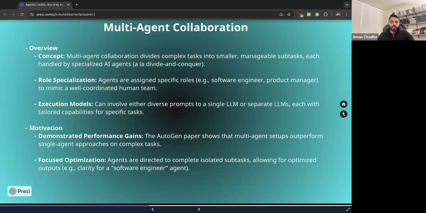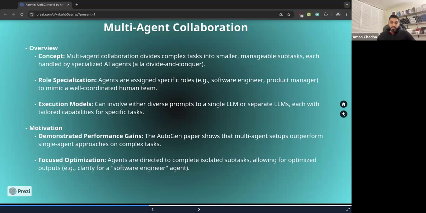And like I mentioned, it could be a software engineer, it could be a product manager role. It could even be a test engineer, right? So you're writing tests, both unit tests and system tests. It could be an integration engineer to piece all the various components or parts of the code that you put together into a much larger infrastructure. So a lot of these roles can be specialized.